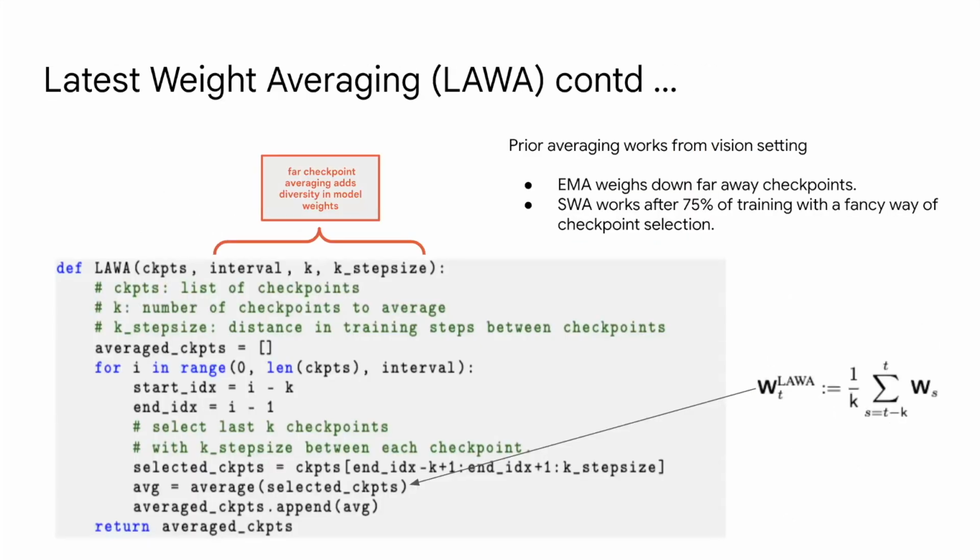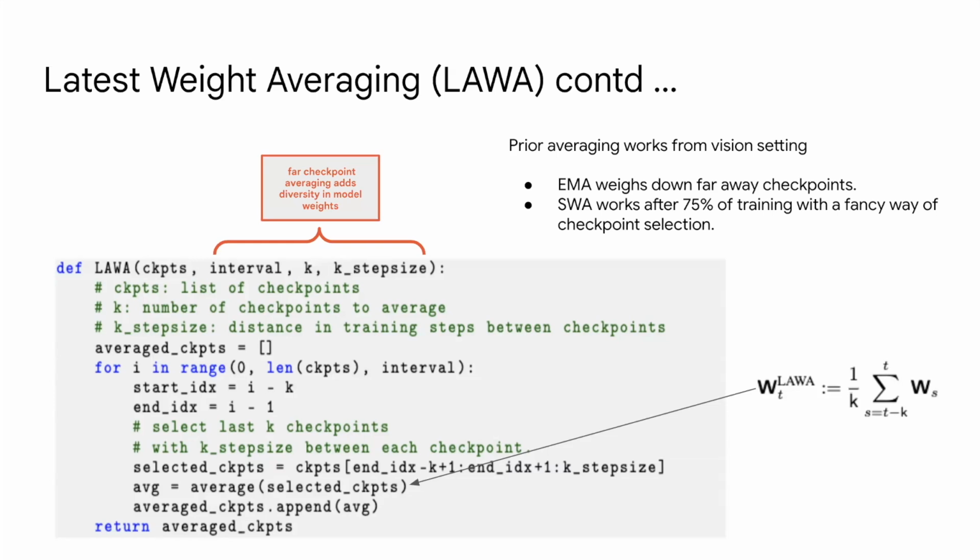So what we are doing is saving different checkpoints, nu steps apart, and then averaging the last K checkpoints. For most of our experiments, we took K equal to 5 based on the ablation. And we are averaging these checkpoints. Now, an interesting thing which we're going to discuss further is that we are taking far away checkpoints. It's not like 1K steps apart.